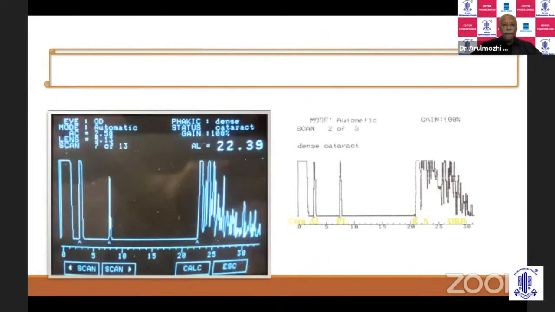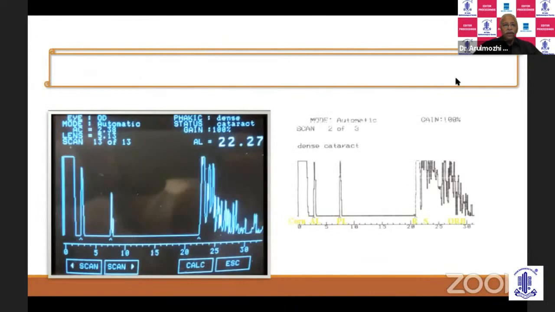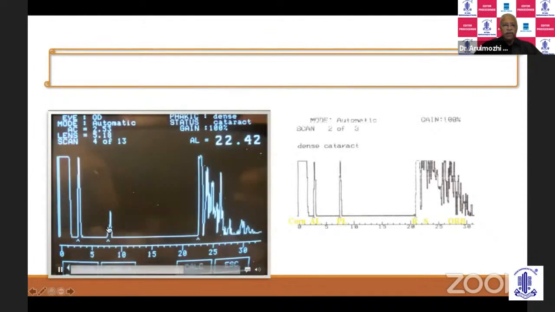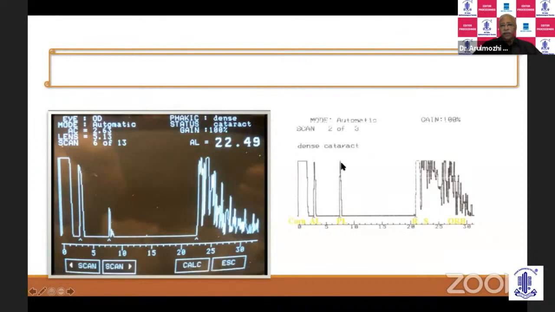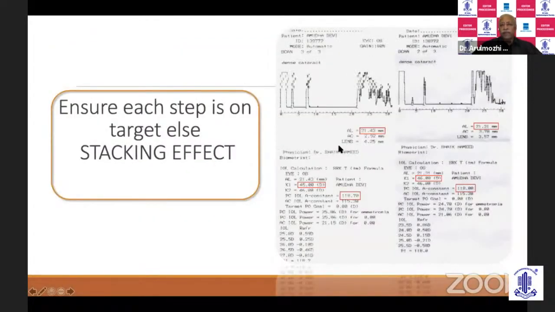So you find here that this is a good quality image, while this is a poor quality one. So you should not take these images which are inconsistent, while you should have proper spikes before you accept that. Ensure that every step is accurate. You can see here that the anterior lens spike is much shorter than the posterior. This signifies that the probe is not perfectly perpendicular to the iris plane, and you're getting grossly wrong readings.